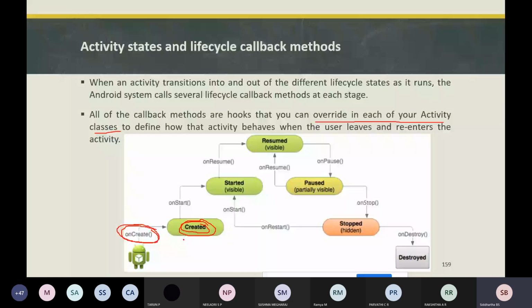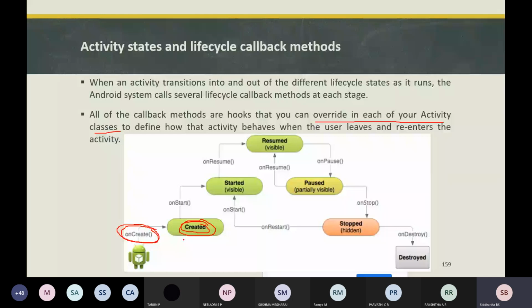If you start another activity through an intent, the system matches the intent request, whatever request has been made from activity one. It makes a request through the intent and calls the onCreate method for the second activity.